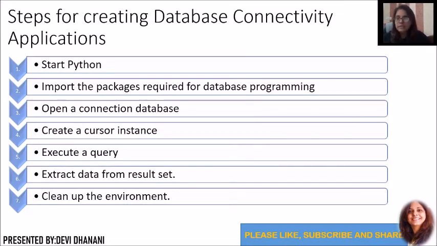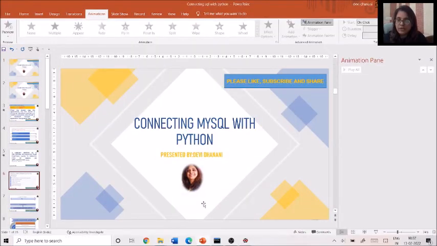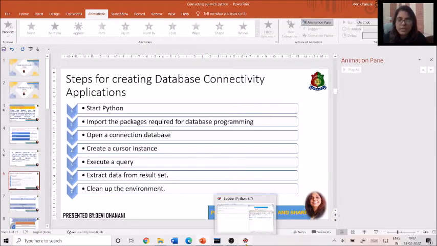So without any delay, let's have a quick look at the steps for creating database connectivity. The steps are: start Python, import the packages required for database programming, open a database connection, create a cursor instance, execute a query, extract data from the result set, and clean up the environment. Before we do all this, let's see how we can install the